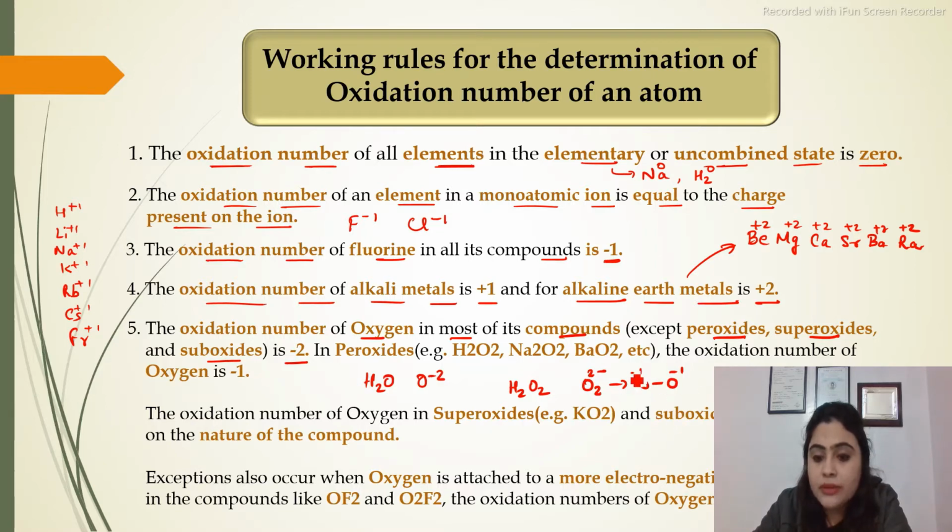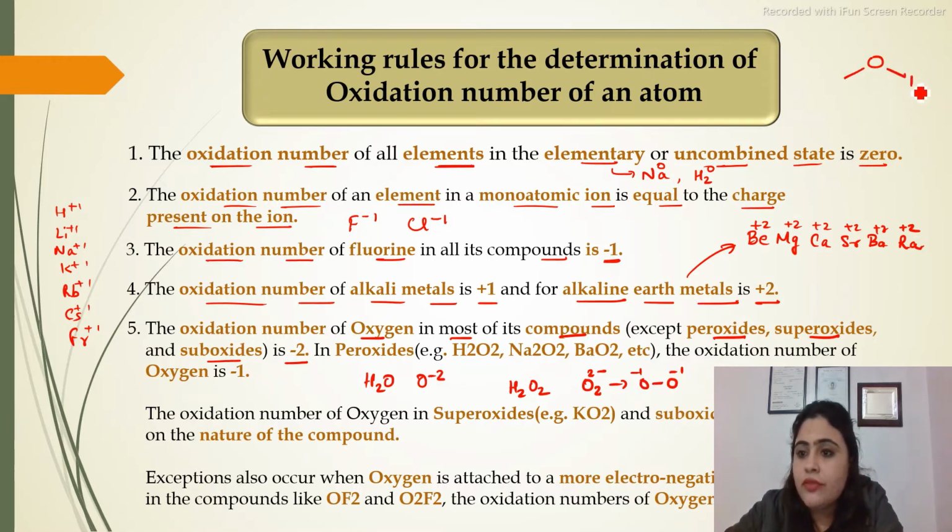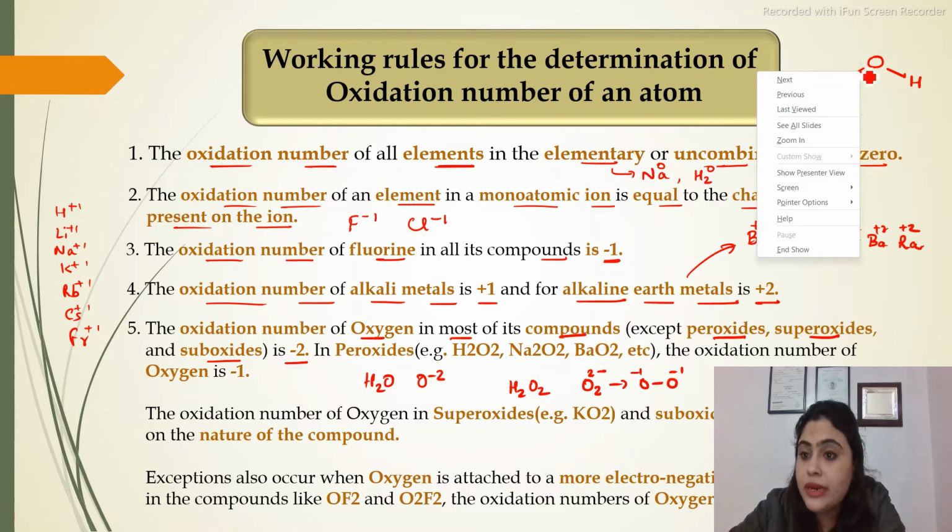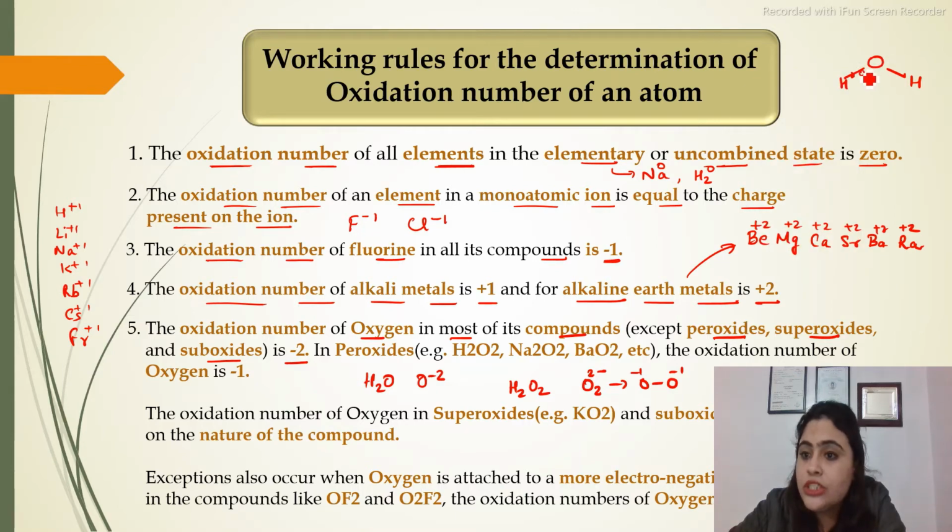Now how to determine this oxidation state? Suppose this is a sharing of electrons. I told you that the shared pair of electrons is counted with the more electronegative atom. जो सबसे ज्यादा electronegative atom है उसके साथ count होगा, तो ये shared pair of electrons इस oxygen के साथ count होगा through one hydrogen atom. तो इसके वजह से ये जो shared pair of electrons जो oxygen की तरफ है, इसकी वजह से इसके ऊपर